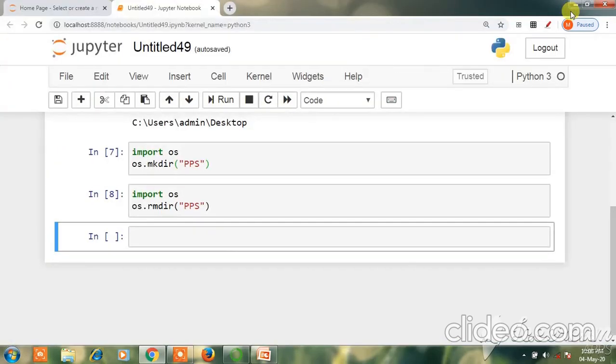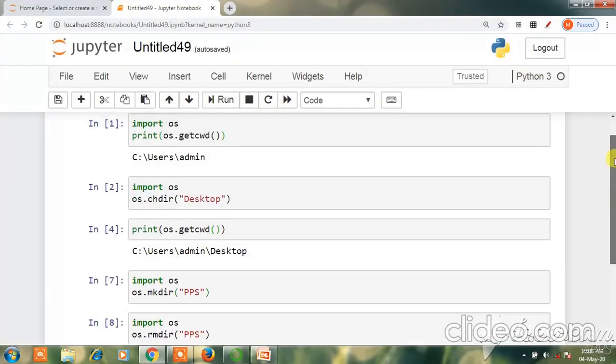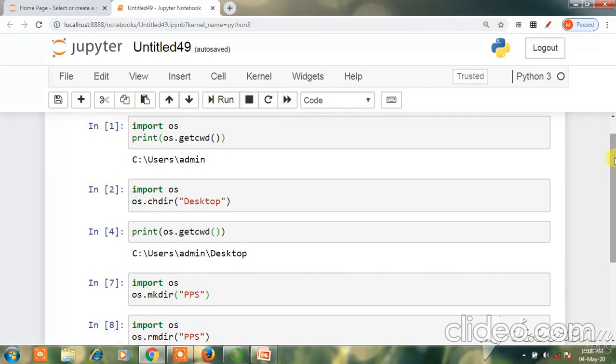So these are the simple commands which can be used in the os module. To use those commands, we simply import the os module, and we can call a method just by writing os.method name. While executing those methods, we just have to cross verify which location we are currently using to observe the changes. I hope you understood all four methods. These are very simple methods which are used for directories in the Python language. Thank you.